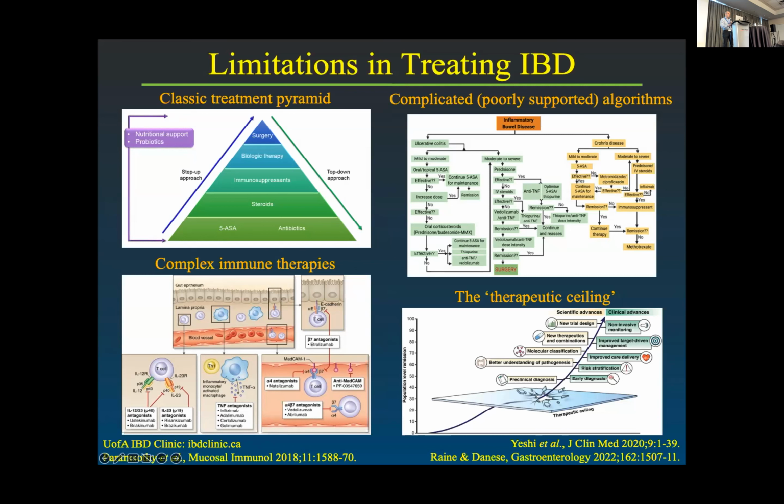But over the last 15 years or so, with the availability of new treatments, we've recognized the importance of identifying patients who are at higher risk and taking what we call the top-down approach, where we actually start with the therapies that are usually kept for later on after you fail different treatments. And then we hope that we can step down from that. Now, at the top of the pyramid is surgery, and this is really an interesting change just over the last couple of years. I just came back last week from the main IBD meeting in Europe, and there actually are attempts to identify patients that will benefit from getting surgery right at the beginning without medication. And in a subgroup, that seems to be the right way to go.